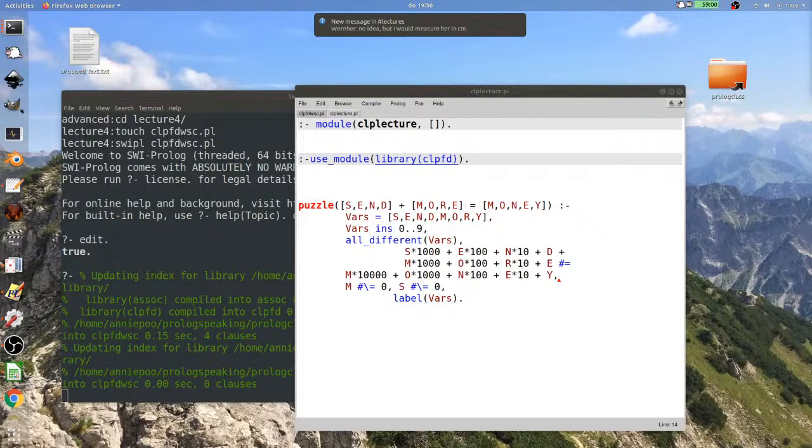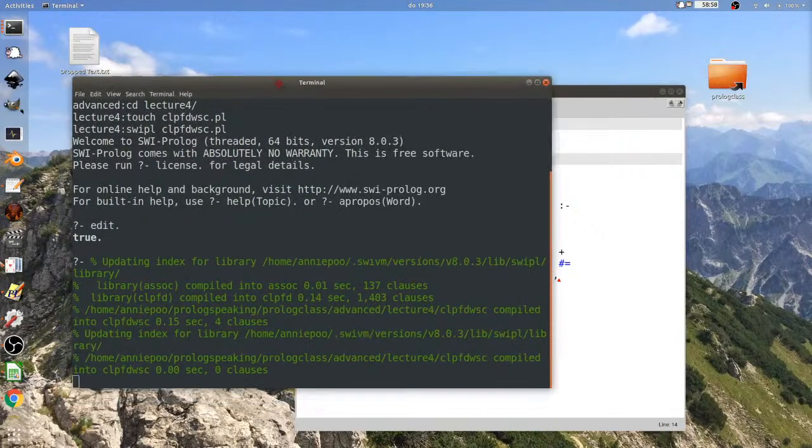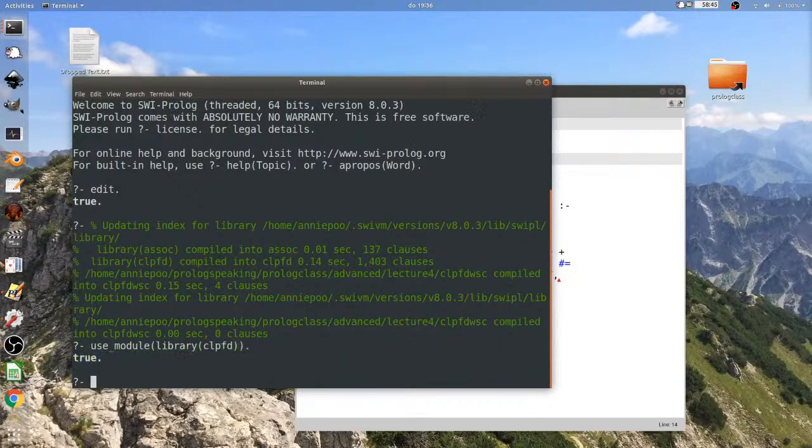Okay. So if I say use_module(library(clpfd)), now I can say things like X is in the range 5 to 10, and Y is in the range 7 to 14.